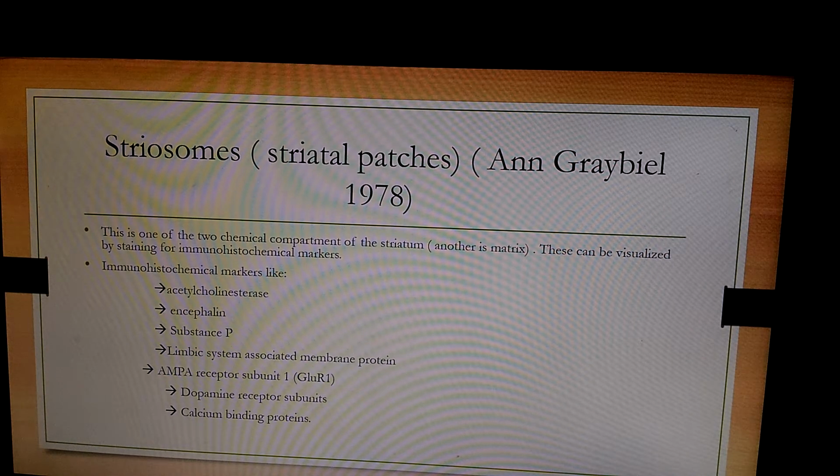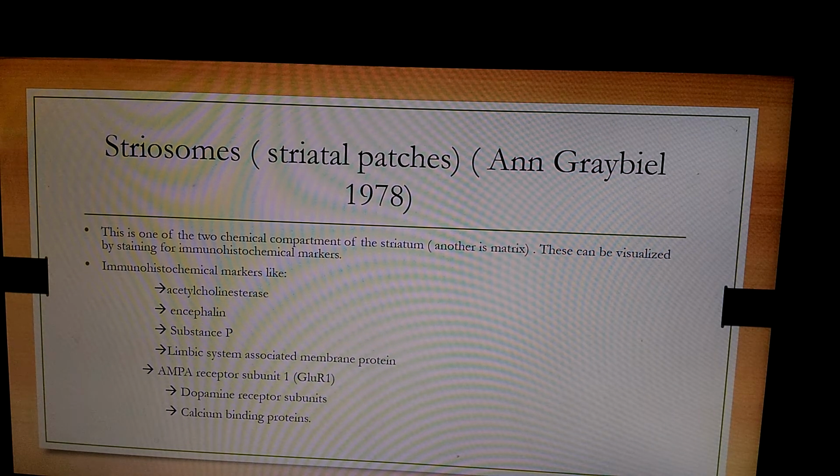Striosomes, striatal patches, is one of the two chemical compartments of the striatum. Another one is matrix. These can be visualized by staining for immunohistochemical markers like acetylcholinesterase, enkephalin, substance P,